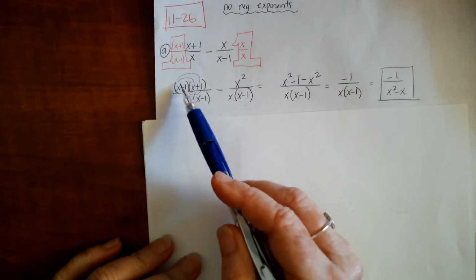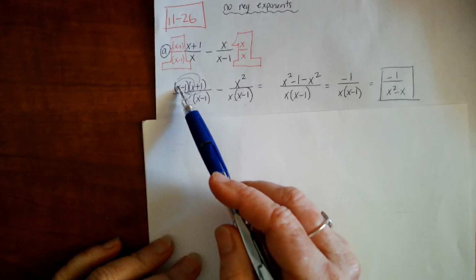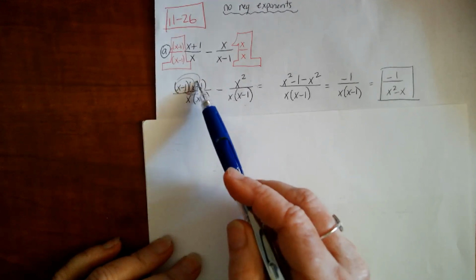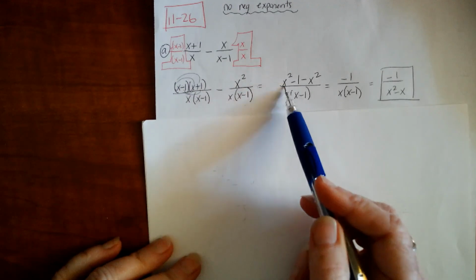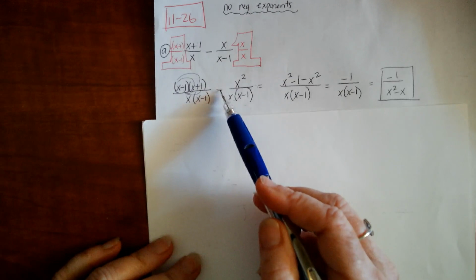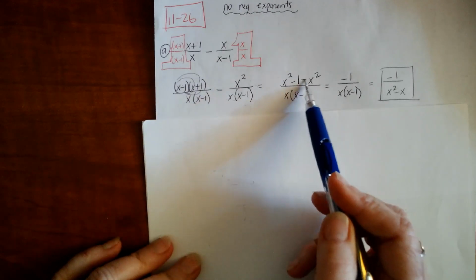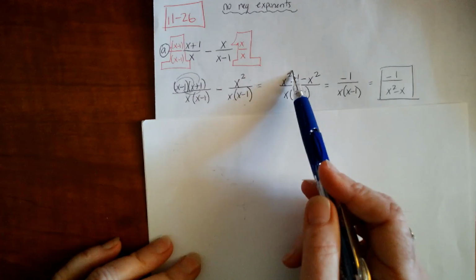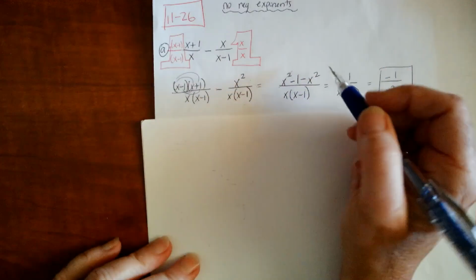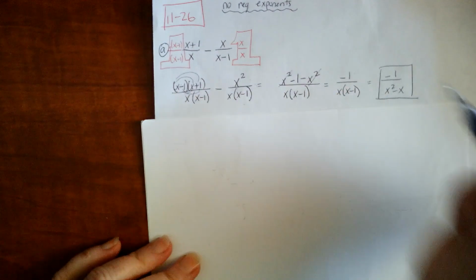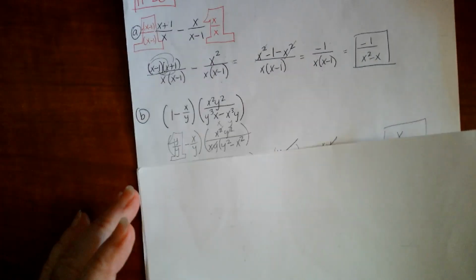This I FOILed out, so x times x is x squared, and then the next two terms cancel out. And so this whole piece turns into x minus 1. And then this minus sign is just that minus sign right here. And then the x times x was x squared. And then these x squareds canceled out. And so I end up with this. And there's my final answer. So letter B,